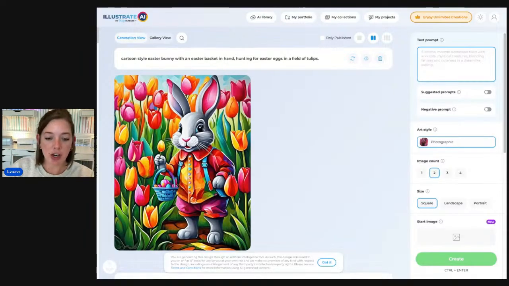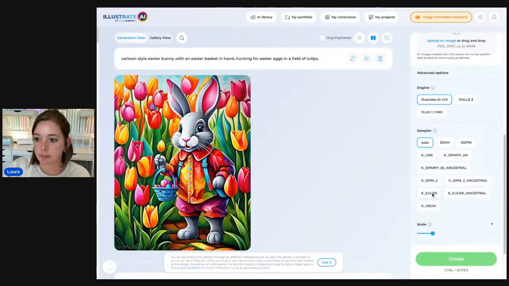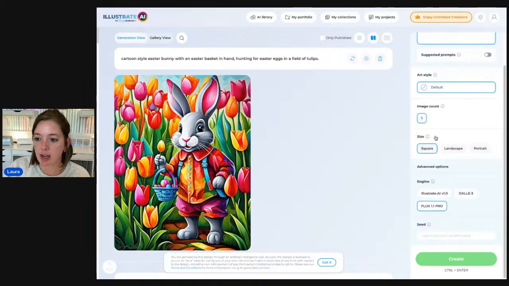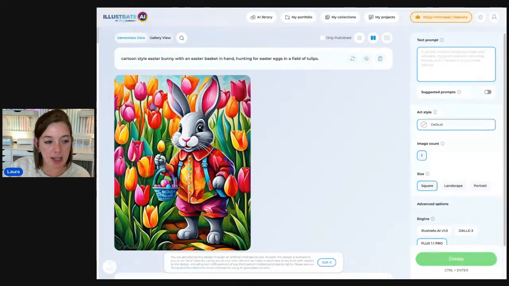Anyways, Illustrate AI is our image generator made by crafters for crafters. And I love it as a good jumping off point or starting point for creating sublimation files, digital scrapbooking pages, whatever you want. It does a great job. I've been using the Flux engine lately because Justy recommended it and because she's the queen of AI and smarter than me when it comes to that. So let's create an image and then we'll pull it into Craft Designer in pixel mode and make a little scrapbooking page.